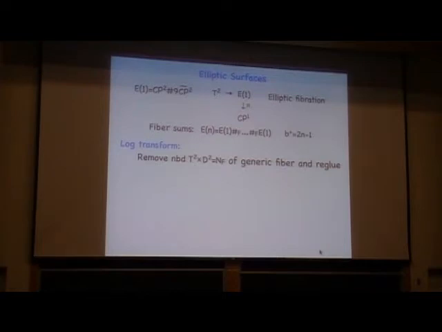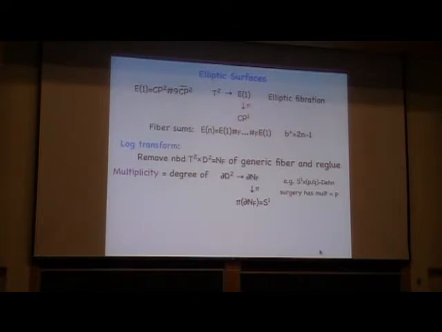And probably the most important operation that you can perform on an elliptic surface, at least from a topologist's point of view, is log transform. And this is really just, in some sense, S1 cross Dehn surgery. So you remove a neighborhood of a torus, of a generic fiber, and reglue it. And when you do that,